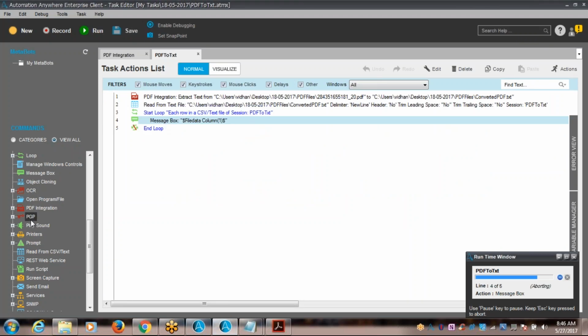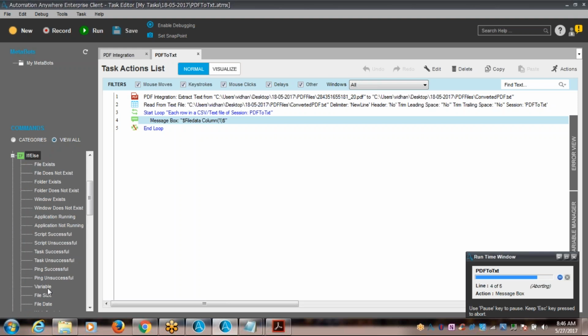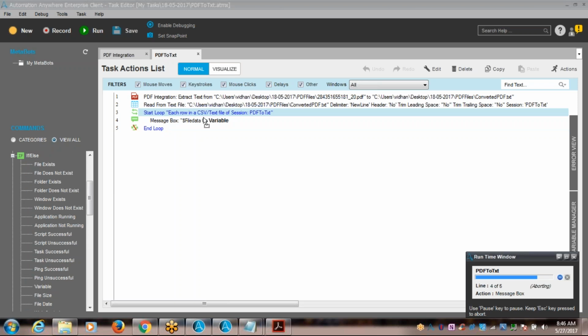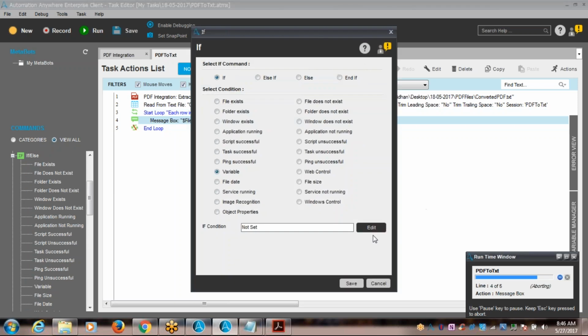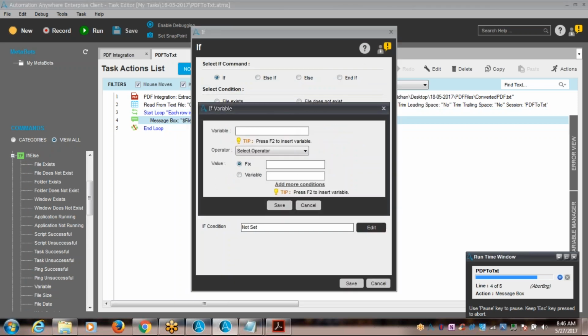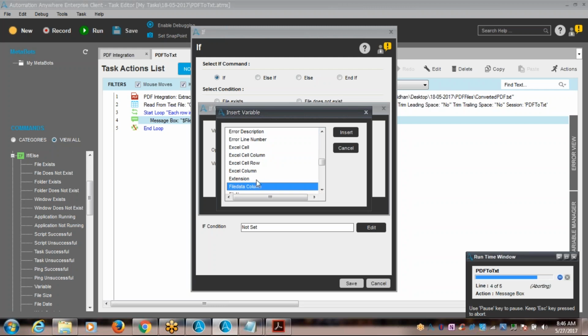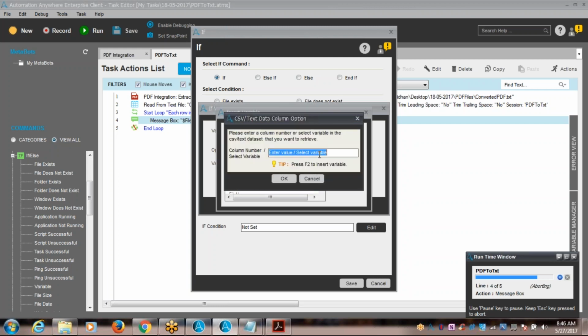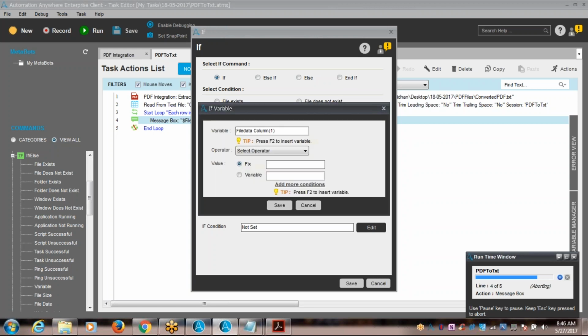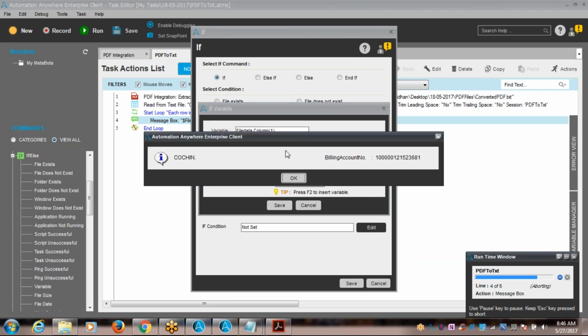So what I say is, if variable, edit, which variable, field data column variable. This is the complete line, right? It gives the complete line. It represents the complete line. A field data variable,